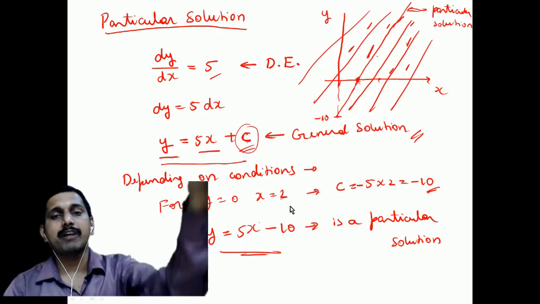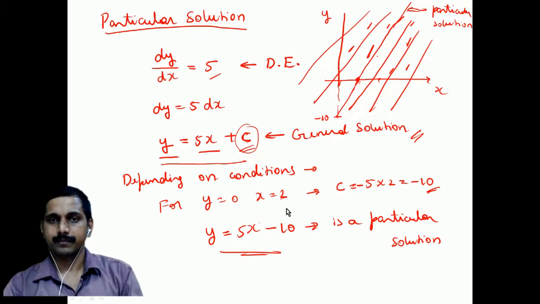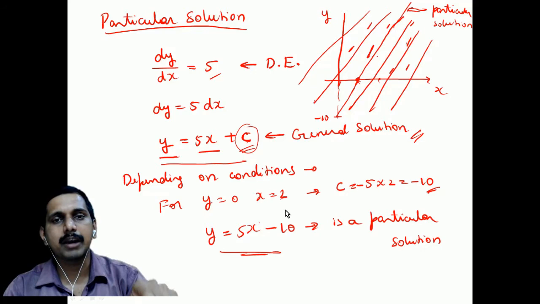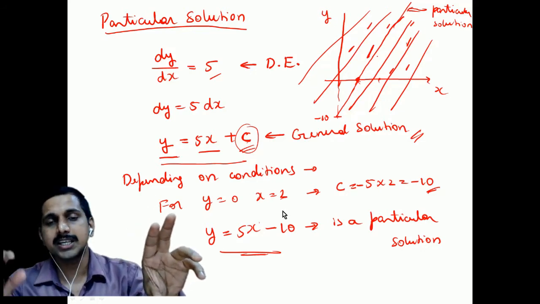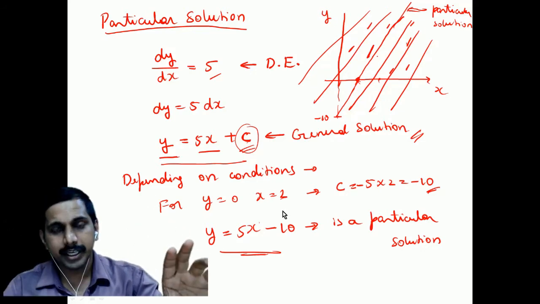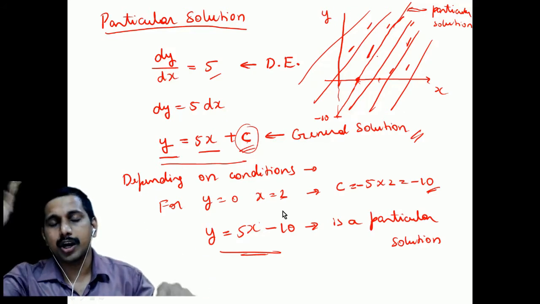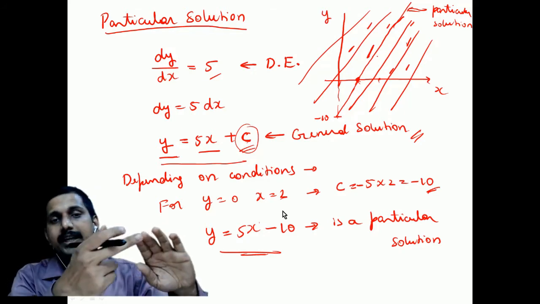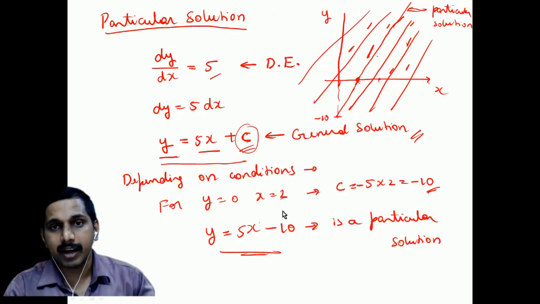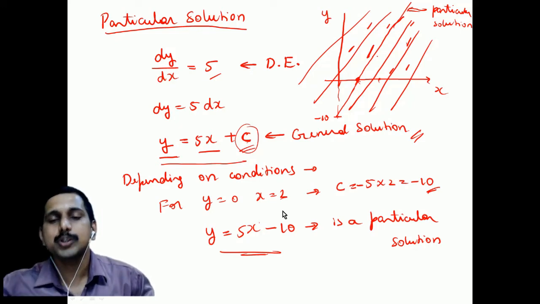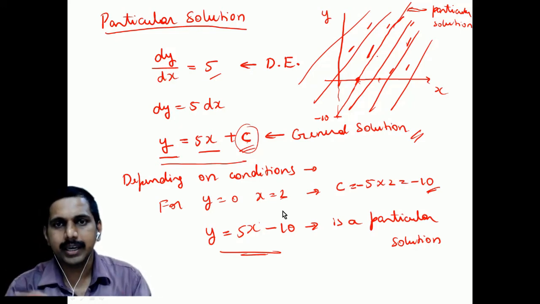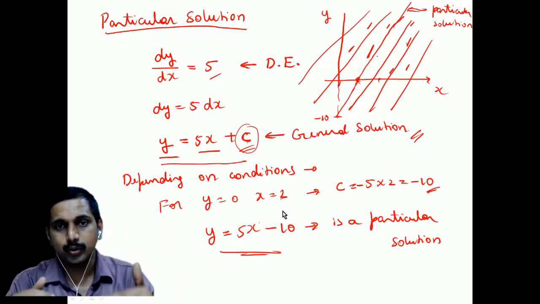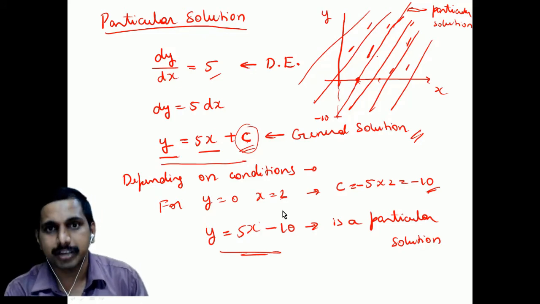Second order, say d square y by dx square is equal to constant. You can solve this. We will do that later. What you will get is dy by dx is equal to c1 x. Then you integrate again, and you will get y is equal to c1 x square by 2 plus c2. Correct? You know how to integrate, is it not? So you will get two constants.